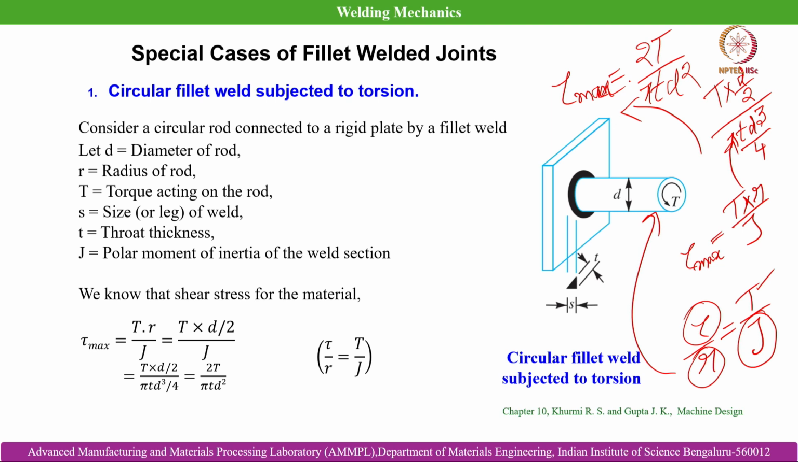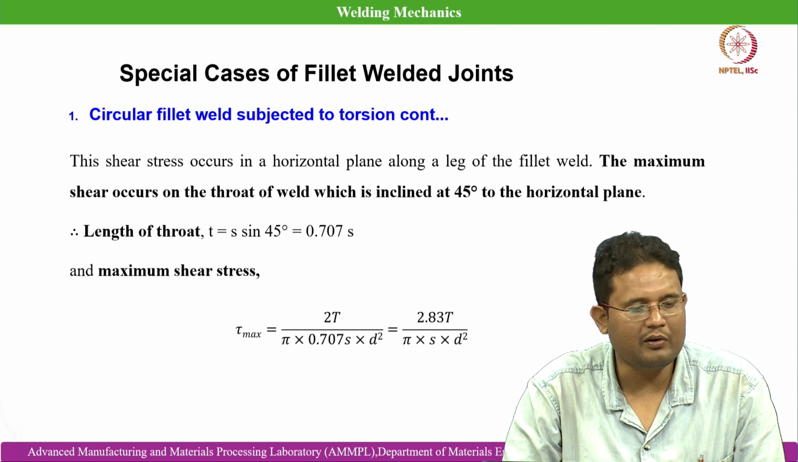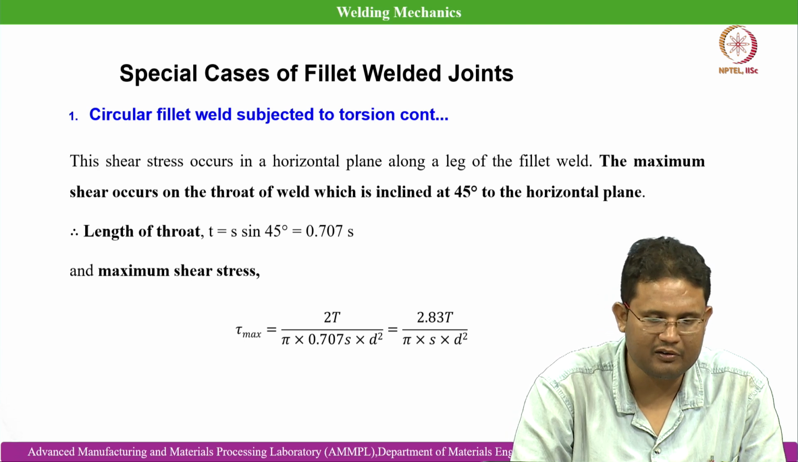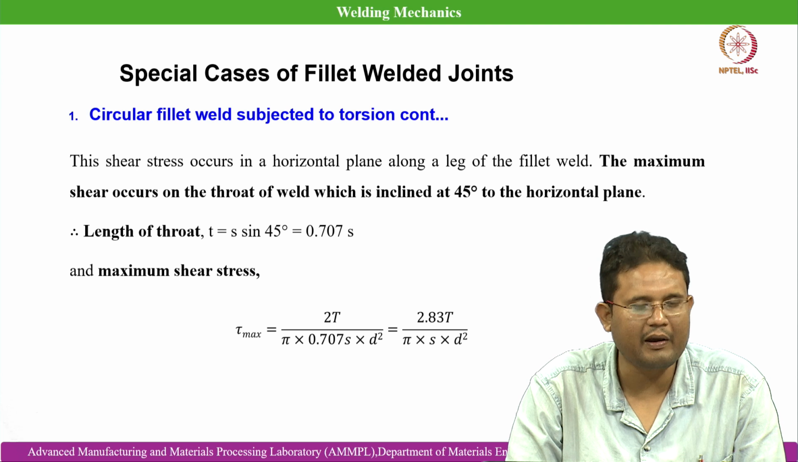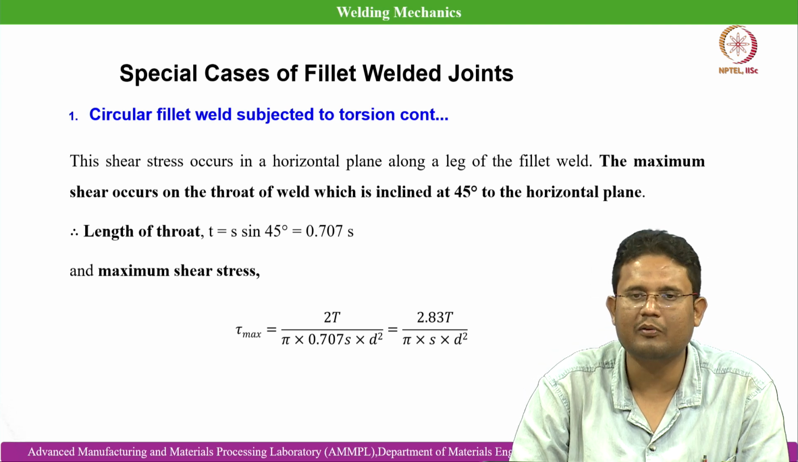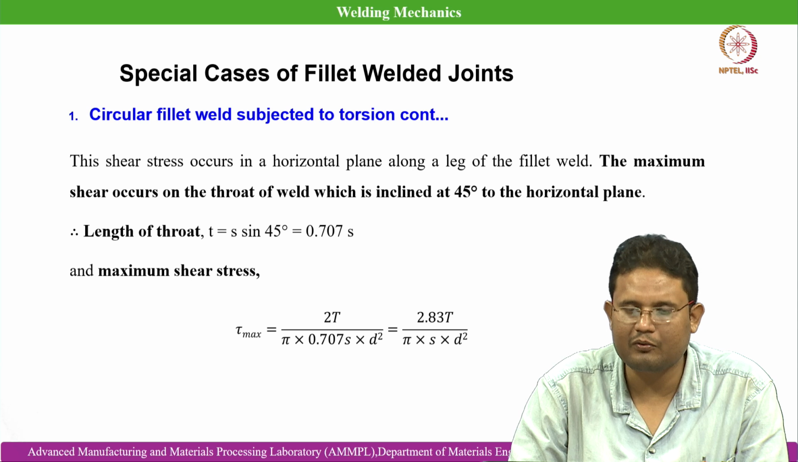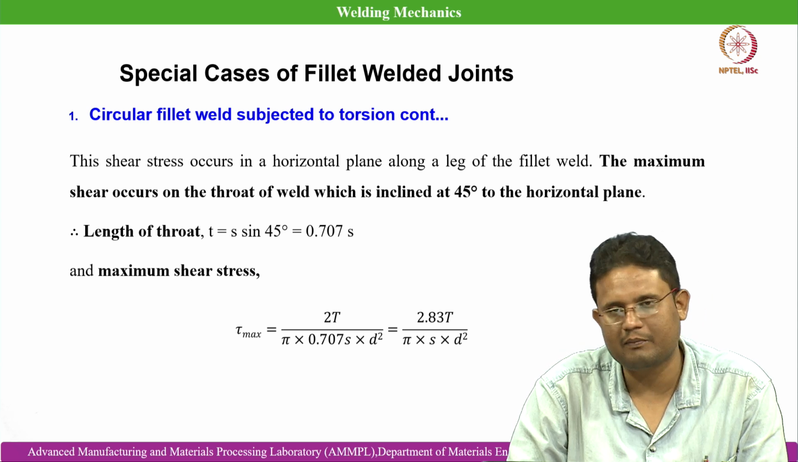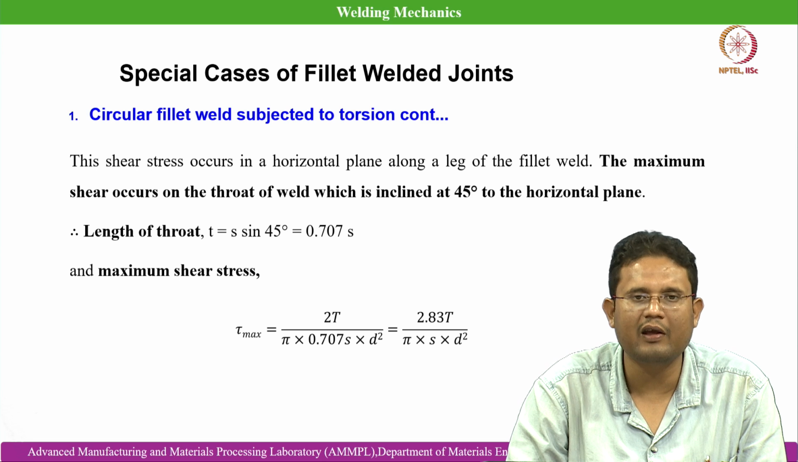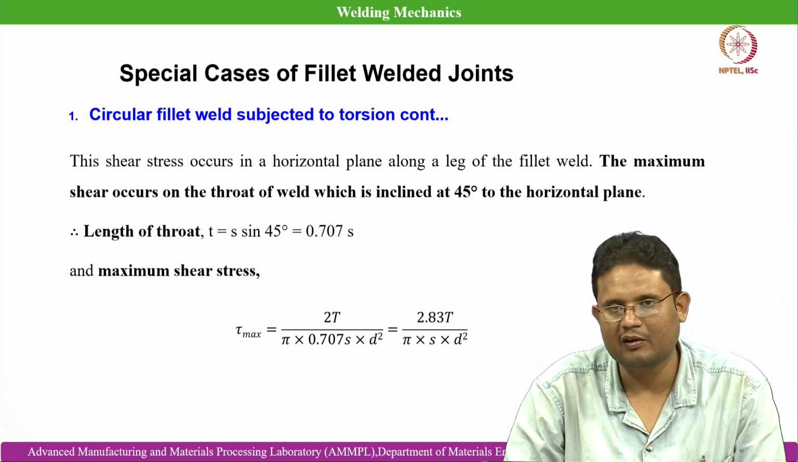Okay. So with this we can move to the next slide. So circular fillet weld subjected to torsion. In this case, this shear stress occurs in a horizontal plane along a leg of the fillet weld. So the maximum shear occurs on the throat of the weld, which is inclined at 45 degrees to the horizontal plane. So the length of the throat, as we have calculated before, that is t is equal to s sin 45 degrees, that means 0.707 s,